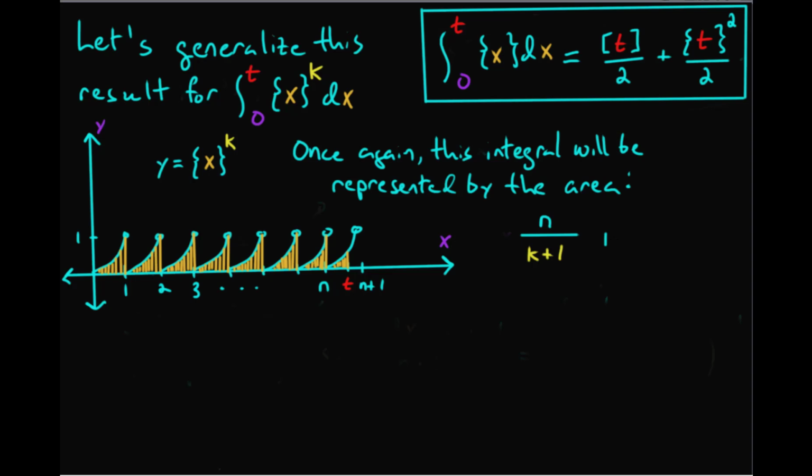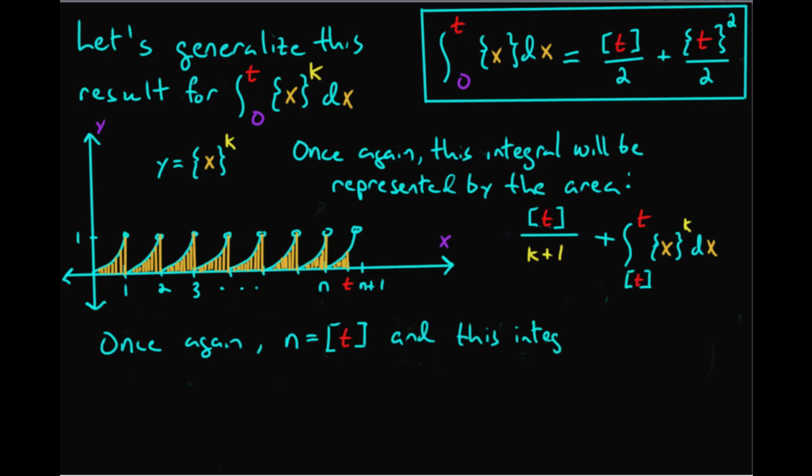So that's the easy part. That piece of the integral equals n over k plus 1, and then the rest of the integral is just the integral from n to t of the fractional part of x to the k dx. And so once again, n equals the floor of t, so I can replace n with floor of t in that expression. And then the integral from n to t of the fractional part of x to the k dx,